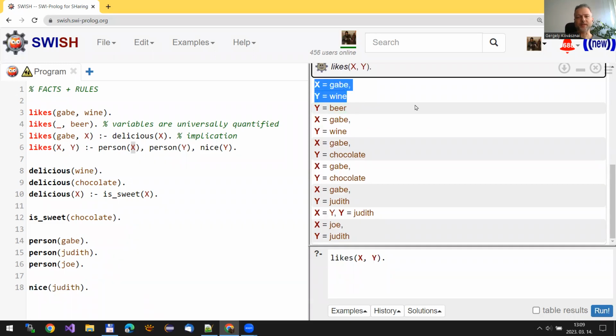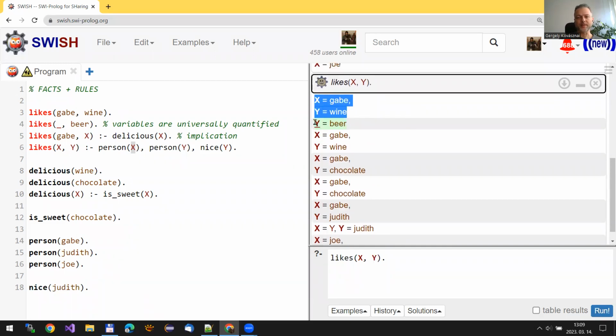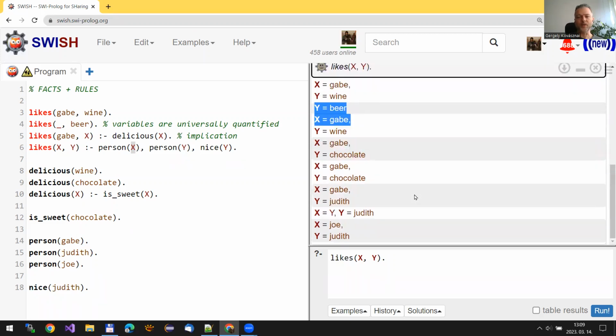This is the first pair, this is the second one, and so on. So these are all the possible substitutions into our variables. For instance, let me just check out the very last one. Joe likes Judith. This is also a possible solution here.